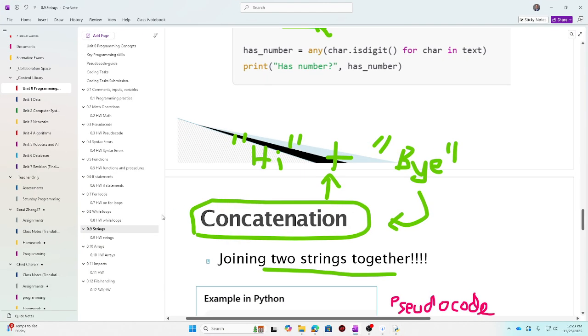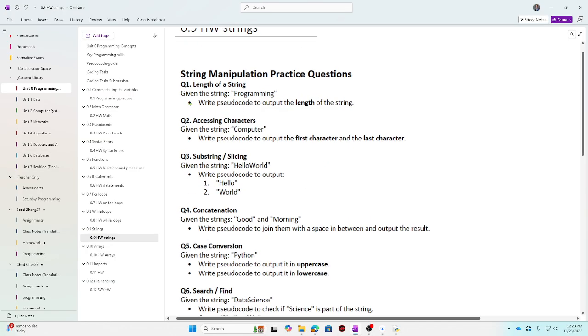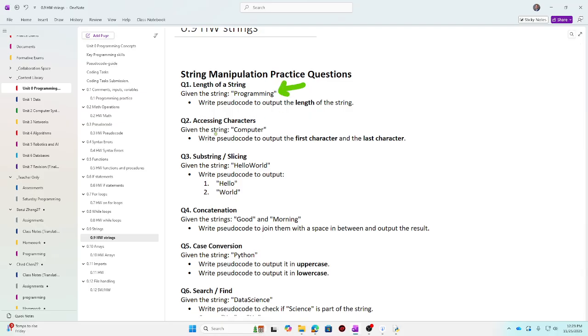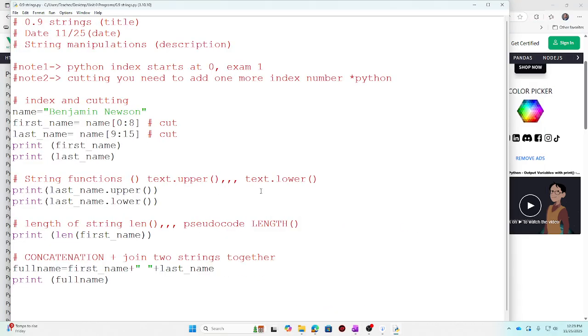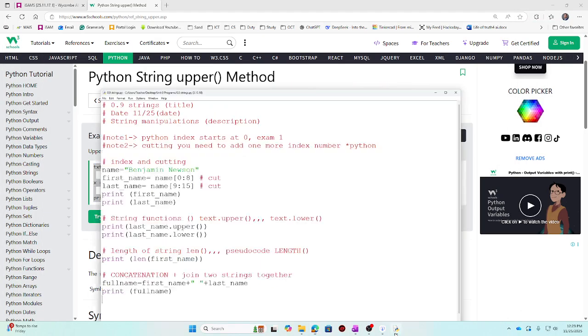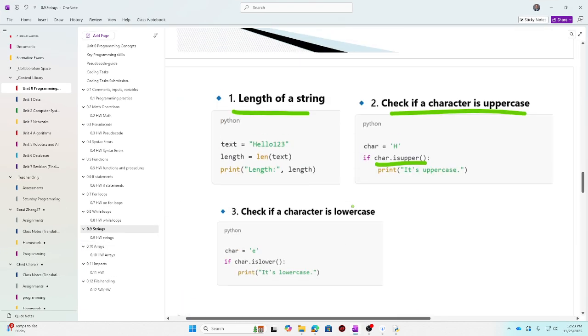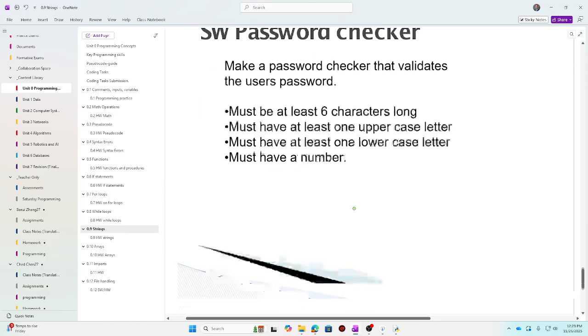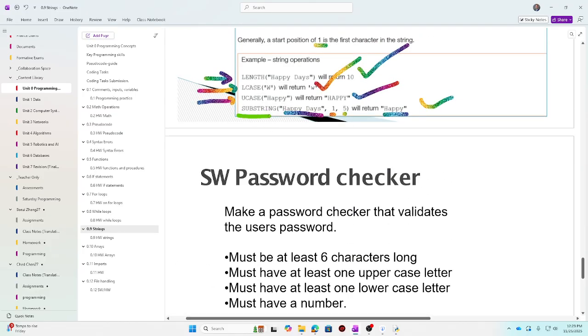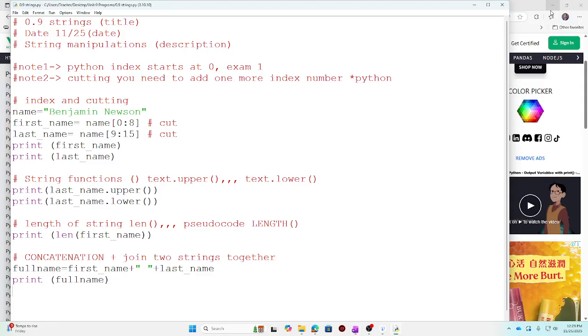Your schoolwork is strings. Try to find the length of programming, okay? Given a string, write the pseudocode to give the first and last character. Okay, make sure that you have a look at how the pseudocode is. The pseudocode is a little bit different. Just check out the PowerPoint there. Where's my pseudocode? Pseudocode is right here. It's called substring. Okay, use the substring function to get that, and then